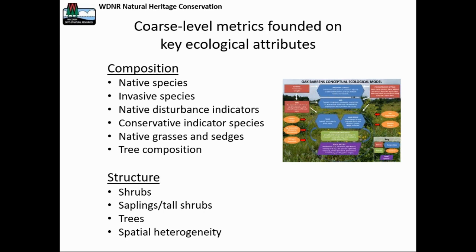All of those fall under the umbrella of composition, and there's another suite of parallel metrics that fall under the umbrella of structure, and that includes shrub cover of saplings and tall shrubs, tree cover, and then finally spatial heterogeneity. That is, what's the spatial arrangement of the canopied areas and the open patches, and is that pretty heterogeneous across the site, or is that